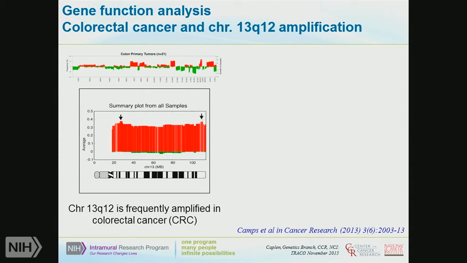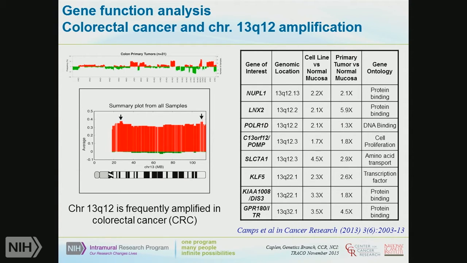So there are other approaches, though, for using loss of function analysis to understand the function of a particular protein in the context of cancer. And this is in the case of colorectal cancer, where a part of chromosome 13, 13q12, is consistently amplified in the vast majority of colon primary tumors and in rectal tumors as well. But it was unknown what, if any, proteins expressed from there would be deregulated as a consequence of that amplification. So I was involved in a study that focused on a number of the different genes that map to this region.